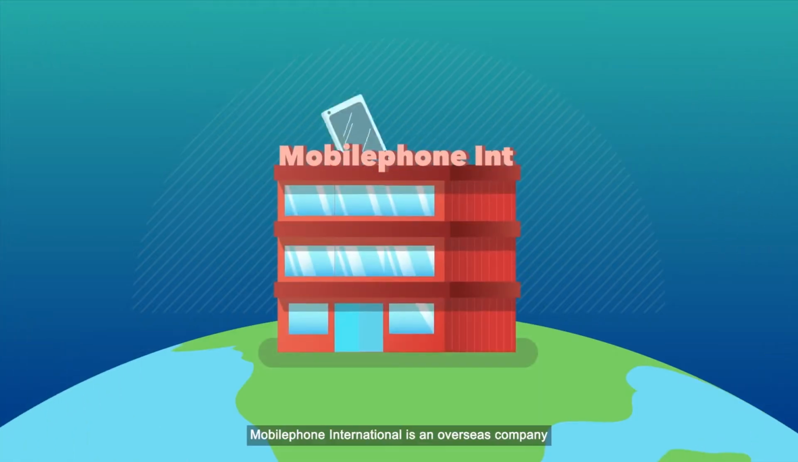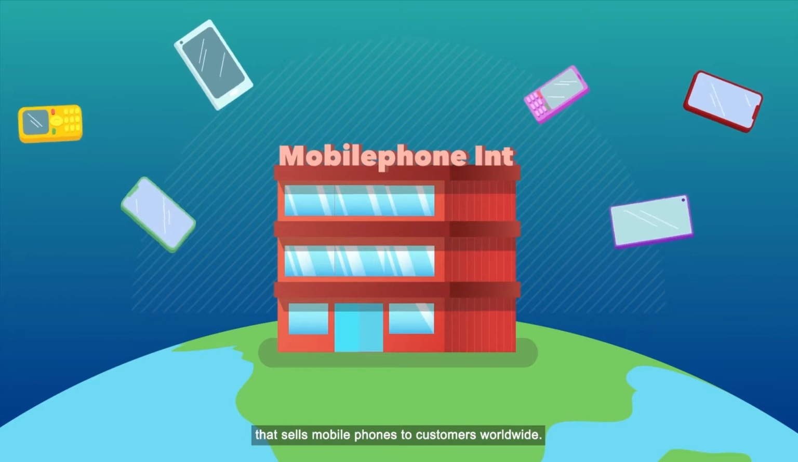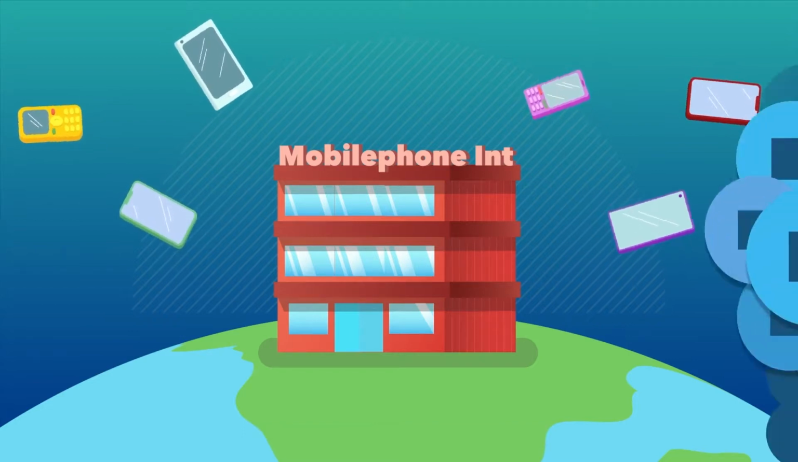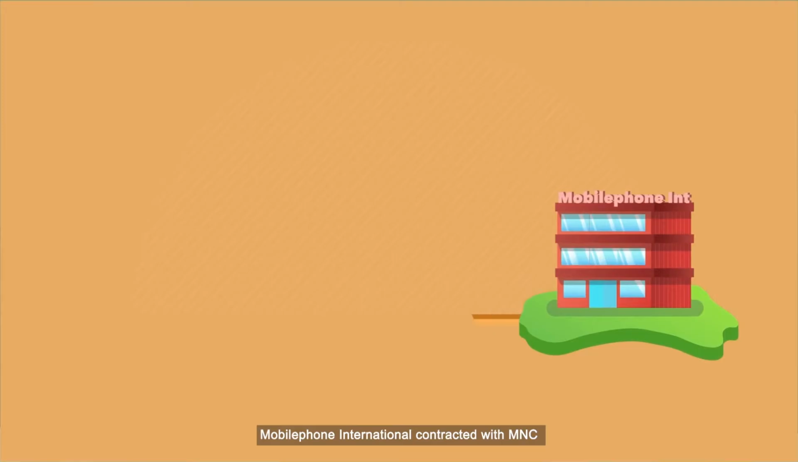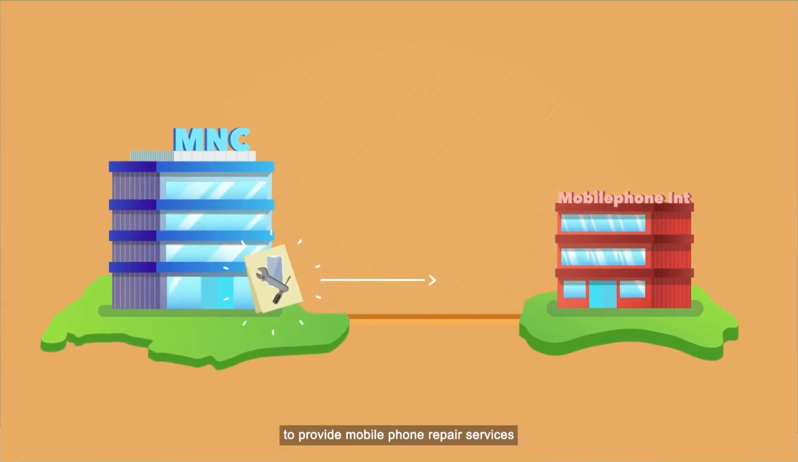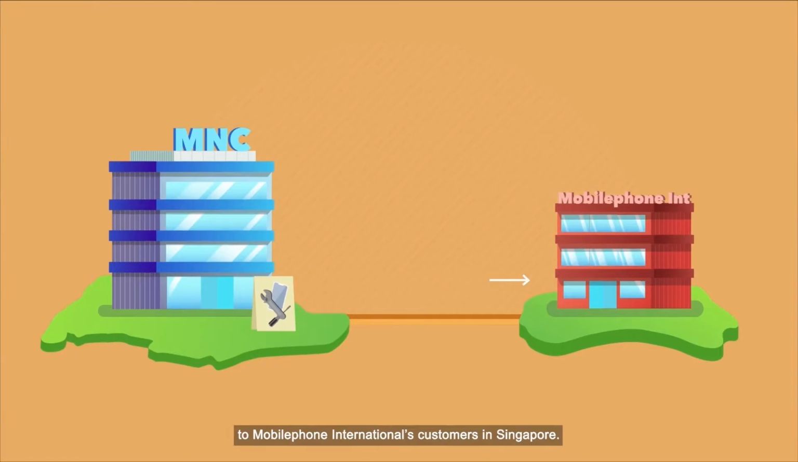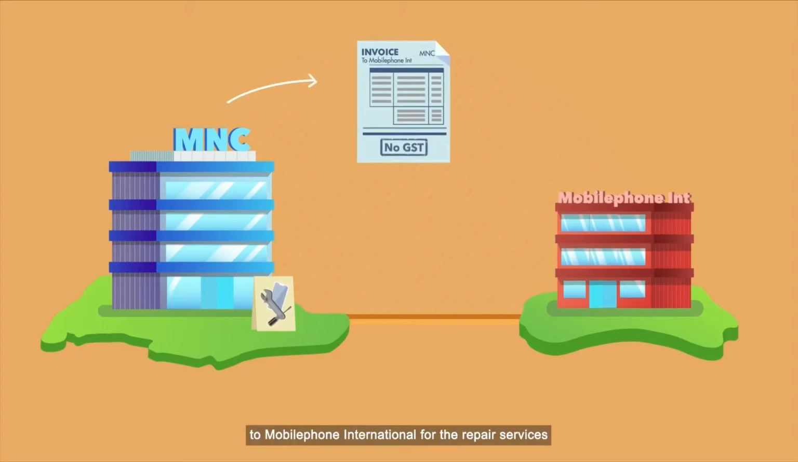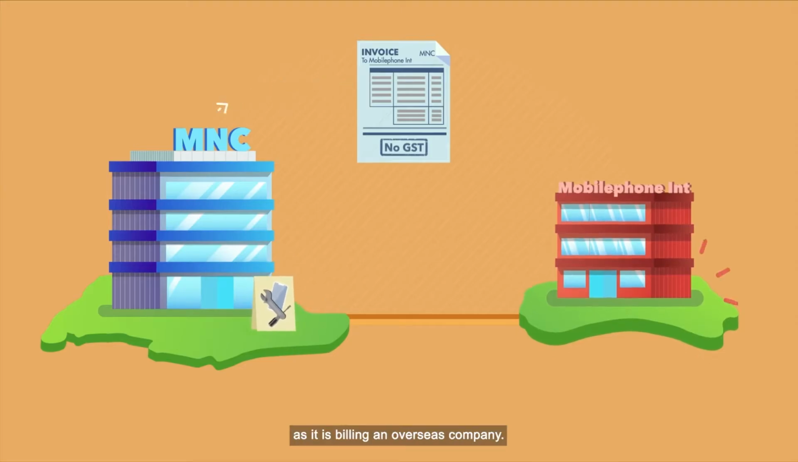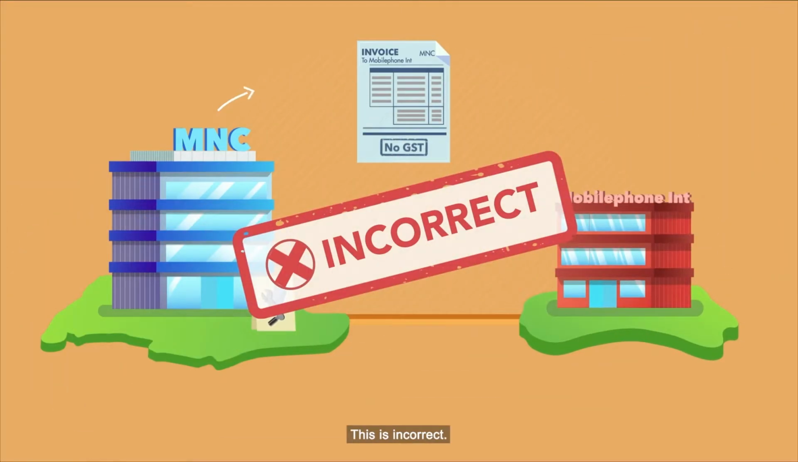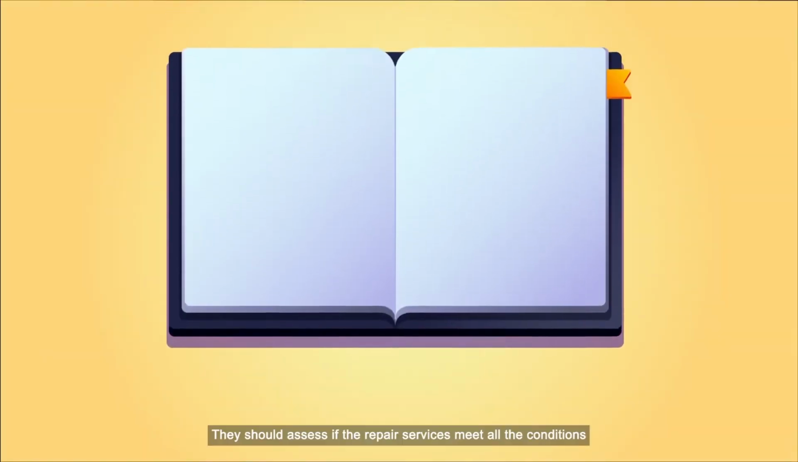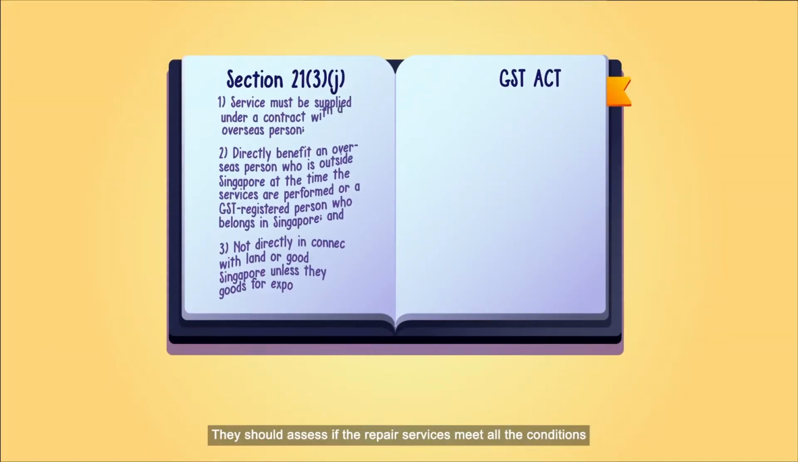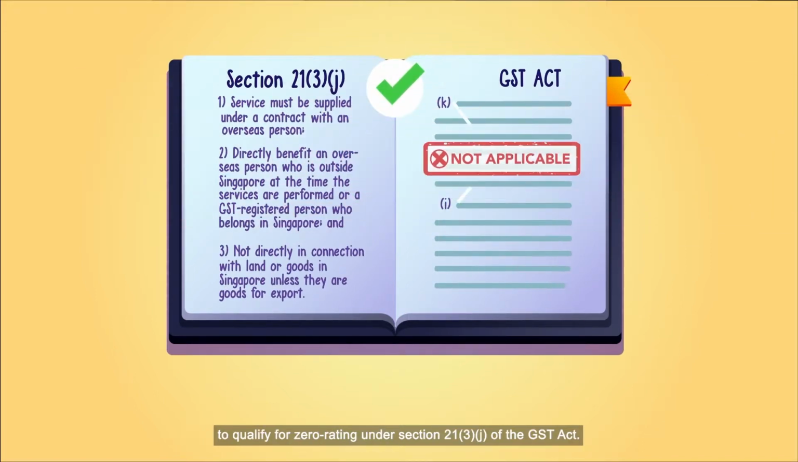Mobile Phone International is an overseas company that sells mobile phones to customers worldwide. Mobile Phone International contracted with MNC to provide mobile phone repair services to Mobile Phone International's customers in Singapore. MNC did not charge GST to Mobile Phone International for the repair services, as it is billing an overseas company. This is incorrect. They should assess if the repair services meet all the conditions to qualify for zero rating under